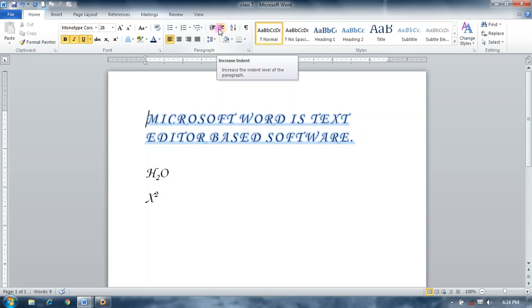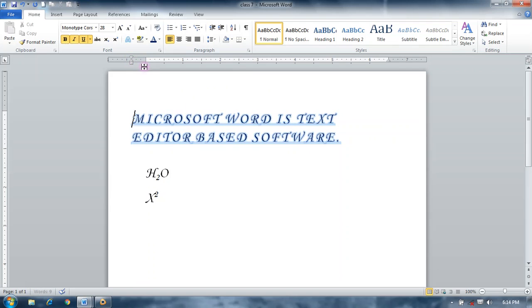Indentation has a decrease indentation option. This indentation is a ruler, and it is used for indentation, or to provide a margin between the typed text. So we provide the indentation from this to this. Then we can type our text, and it does not cross its range from here and automatically shifts below it, like that.